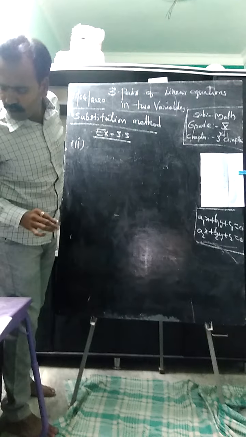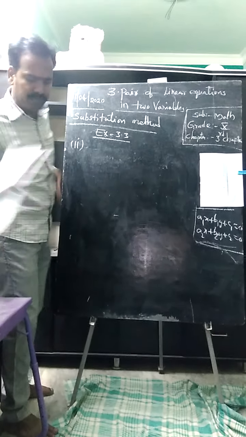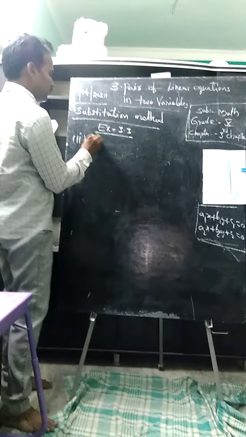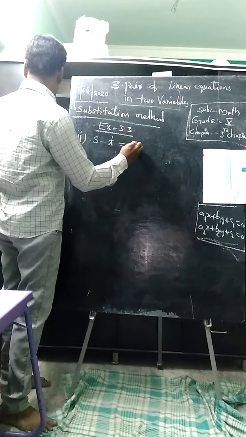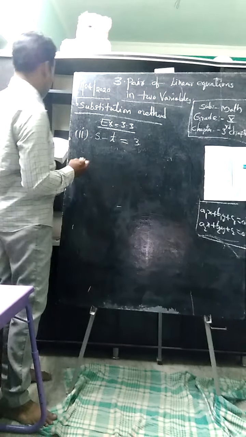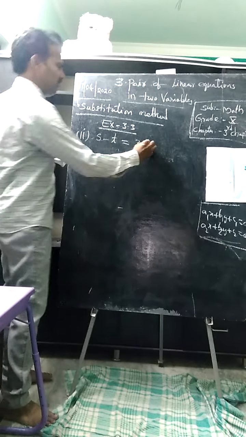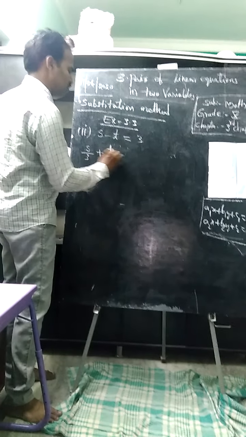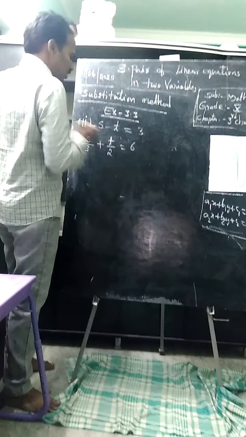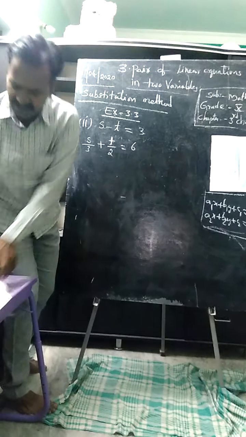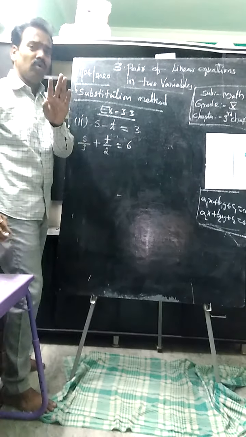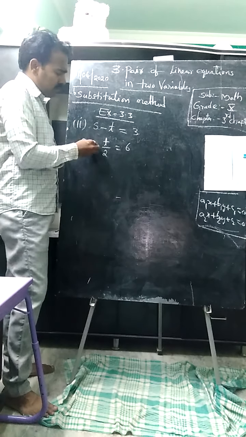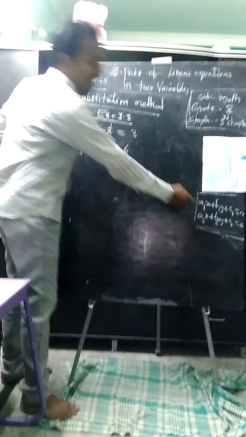Now let me deal with one problem. Let me consider the second problem, that is s minus t equals 3, one equation, and s by 3. Let me first write it in standard form. First we will copy the question, then we will discuss it step by step. Here two equations are given, and please don't think that they are always in x and y terms. No issue. Here s and t are the two variables. Now write in standard form.